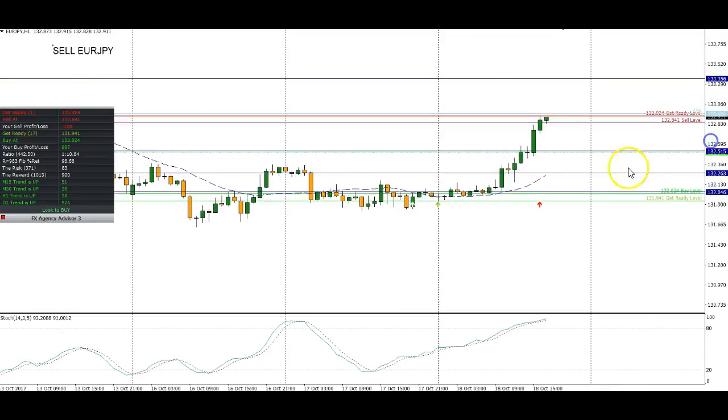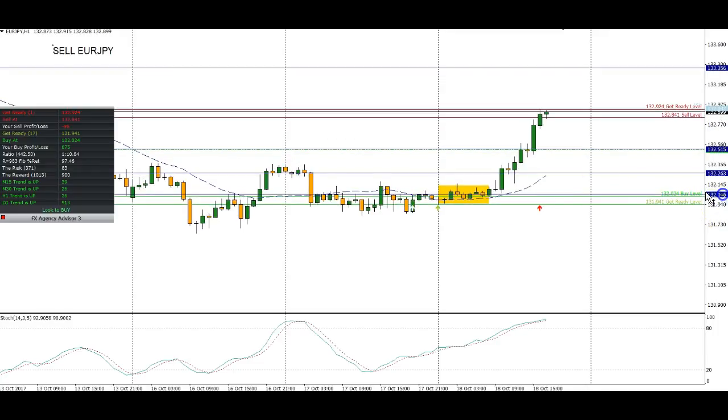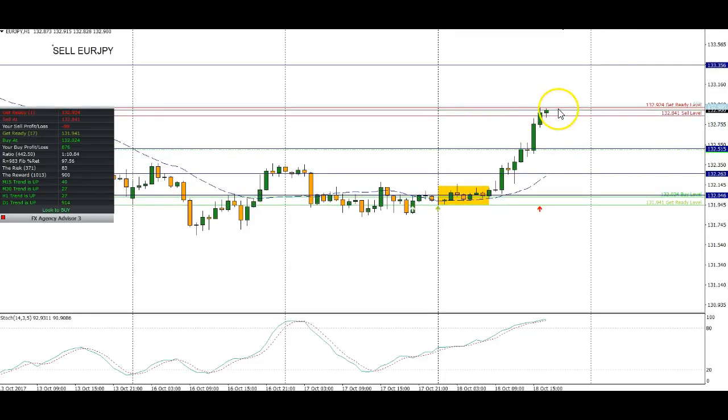All the yen crosses pretty much mirrored each other today. Again, this was the consolidation period during the Asian markets. And stochastics wasn't oversold, but it wasn't overbought either at the time of entry. This is more of looking for reasons to take a trade at a buy level on the advisory, and looking to take a sell trade at a sell level. But you need a candlestick reversal pattern